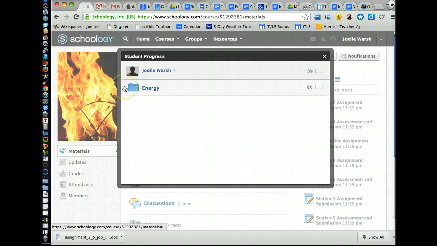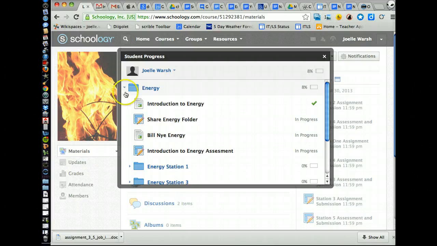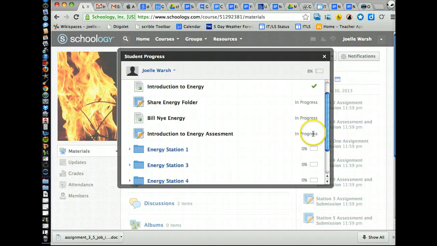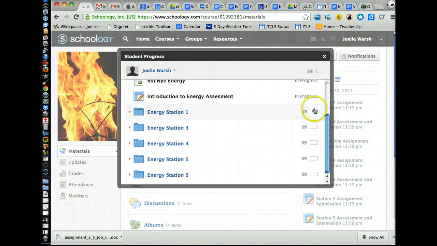But if you want to see what work you've completed in a certain folder, simply click on the folder menu icon and it can show you where check marks, in progress means you're in progress, and percentages mean whatever percentage you've completed. So these will, depending on what type of these are in the different folders or for the different